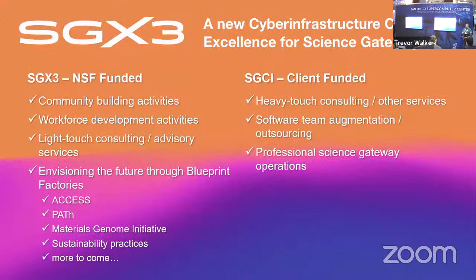So SGX3 is the new NSF funded entity. So the services that you get from SGX3 are funded by NSF and they're available to you at no cost. They include all of the community building activities I talked about, and also light touch consulting in terms of technology architecture and sustainability. And importantly, SGX3 also has these things called blueprint factories, which are 18-month sessions where we take